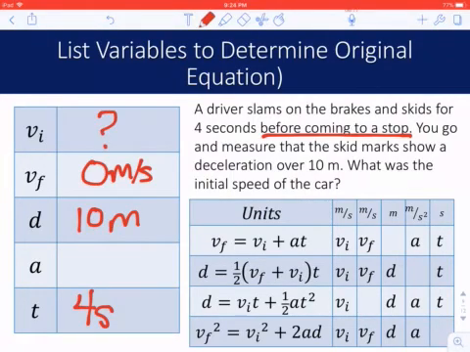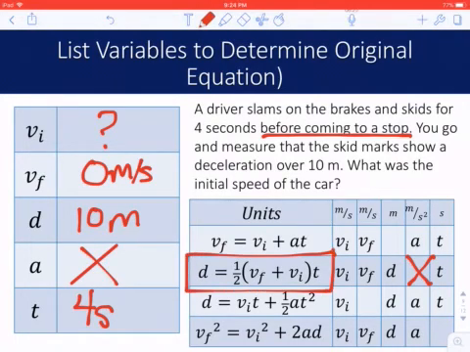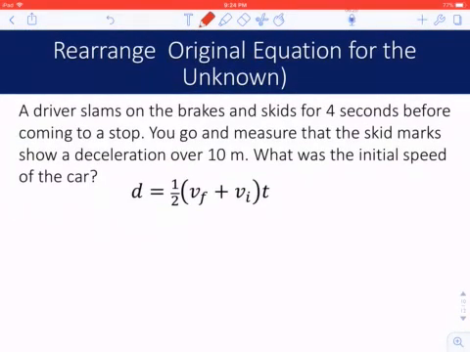That's VI. Looks like we're missing acceleration. I find the equation where acceleration is missing, and this is the equation I'm going to use. Okay, so I'll show that on the next slide. Same problem. Here's the equation that we're going to use. Now, remember the final velocity here is 0. So that means the VF goes away. So now I simply have D equals 1/2